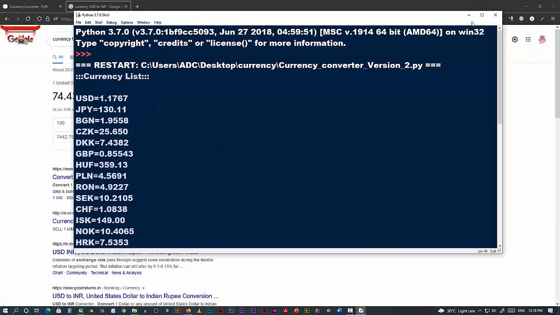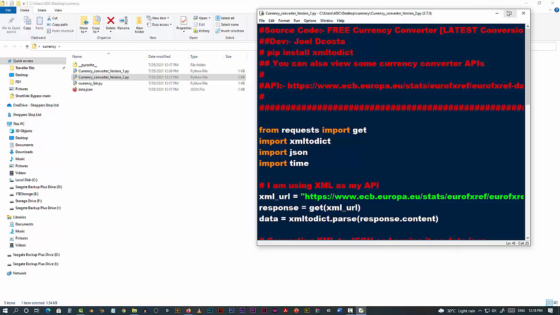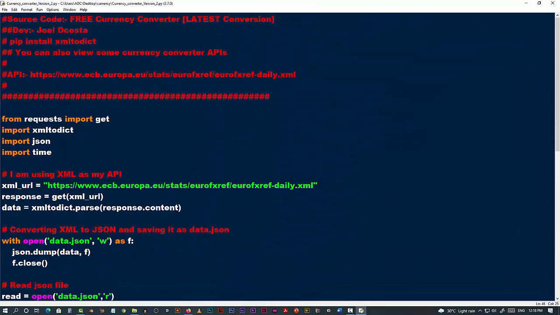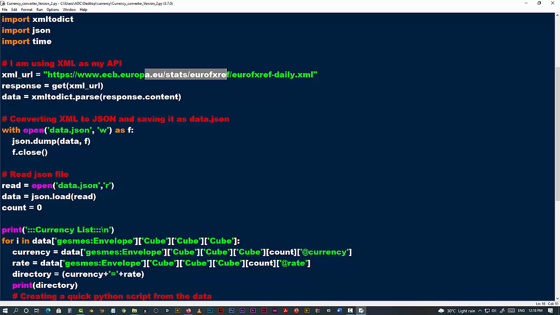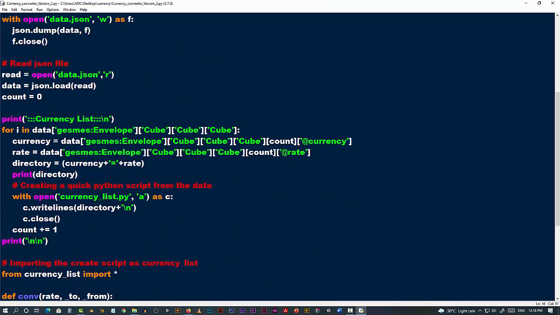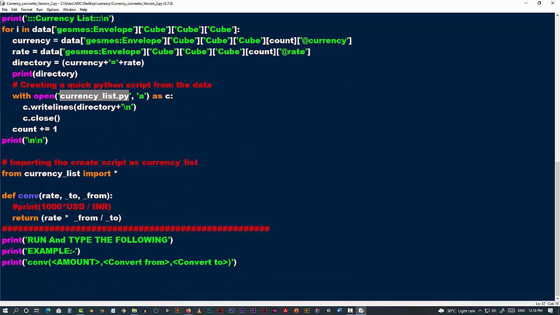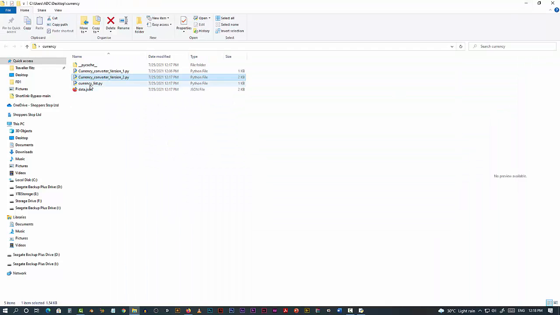This is the script that I wrote. It was quite interesting to see how you can use the XML and convert it into JSON, and then again convert it into a Python file and import it into your same script. It was all done by myself, not like I copied or something. Just random imagination kind of thing.